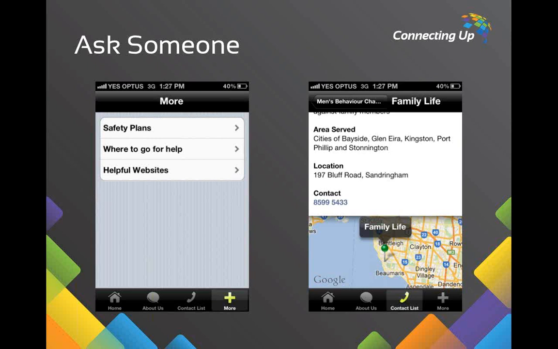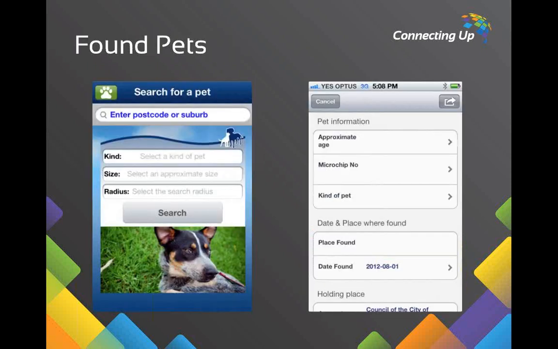Now, Found Pets is a really good cross-media example. So it's developed by the Animal Welfare League in New South Wales, and it actually won the 2012 Australian Mobile Awards in the not-for-profit category. It's a really good way of reuniting lost pets with their owners as quickly as possible. Local councils supported it and provided information on where pounds are and dogs when they're found, and it's easy to look for a pet that might have been dropped off at a pound or might have been caught somewhere.